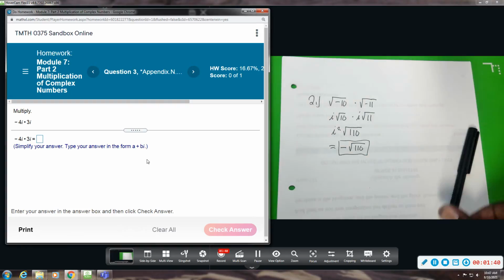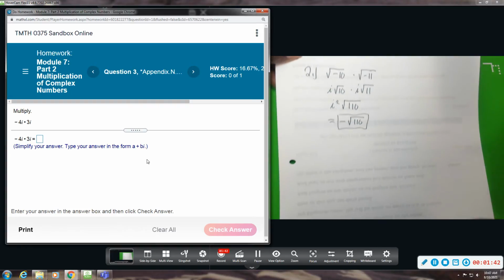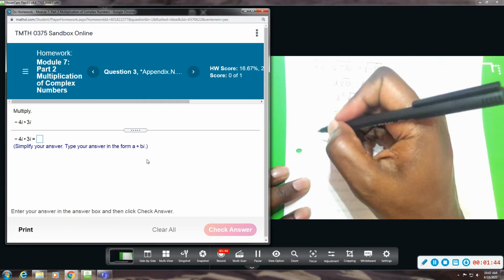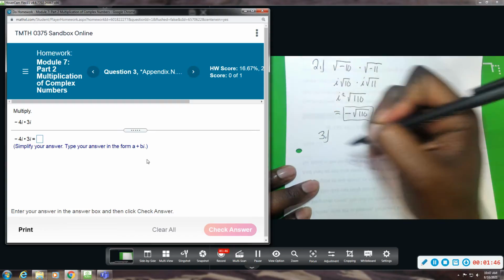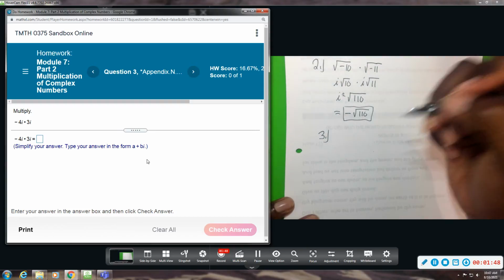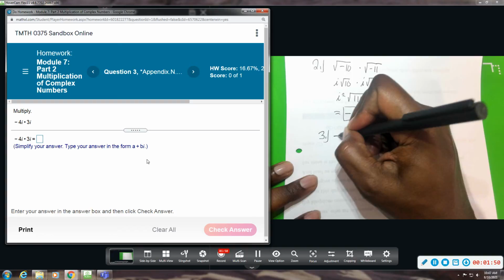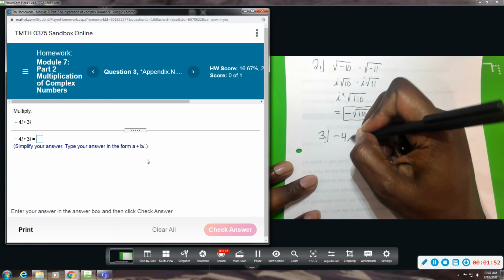All right, number 3, they've already simplified it to the imaginary part for us, so we don't have to deal with the square root part. We only have to multiply the numbers. So we have negative 4i